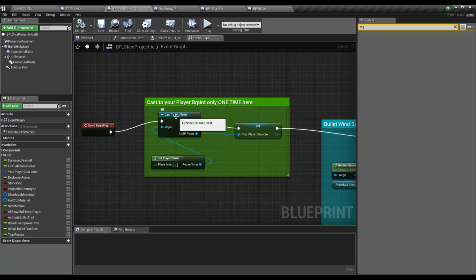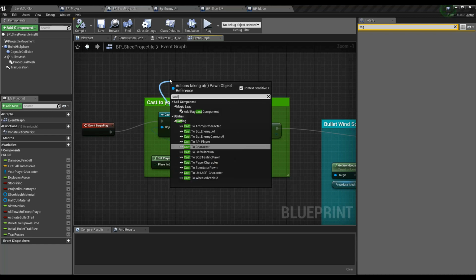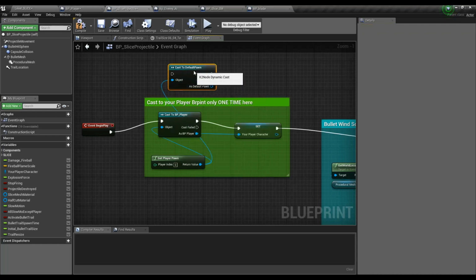This is valid for my BP player, but if you have your own character, you need to change this. Perhaps your character is called BP_new character, and you will have to do a new cast, cast to your new character, and put this in your character. You do this by changing